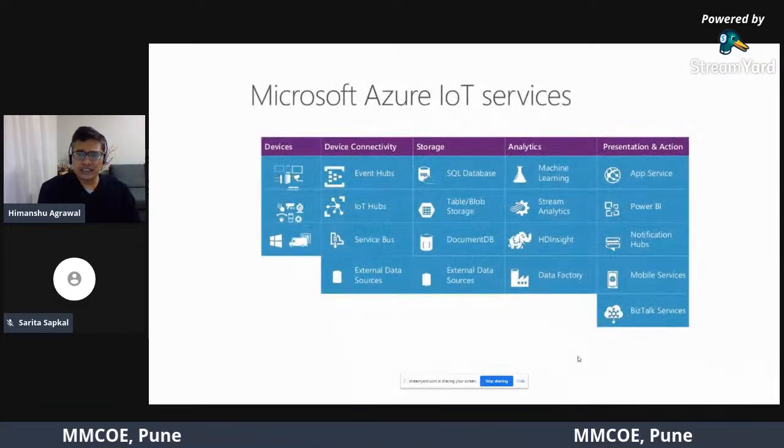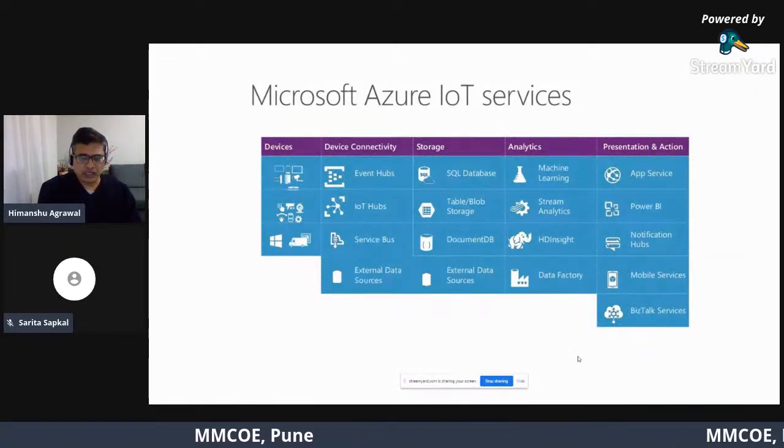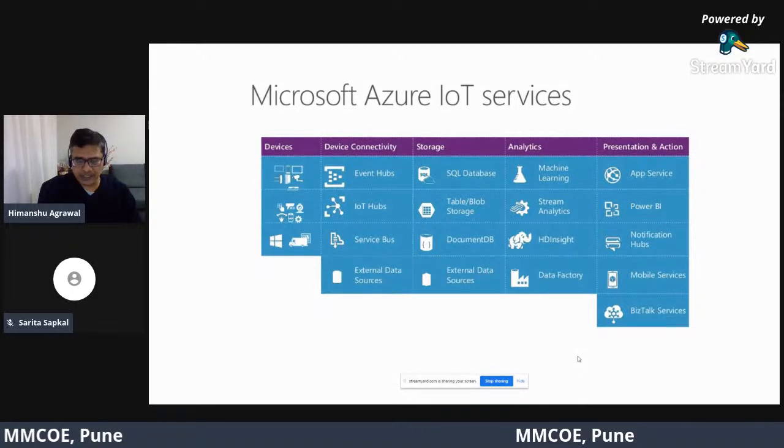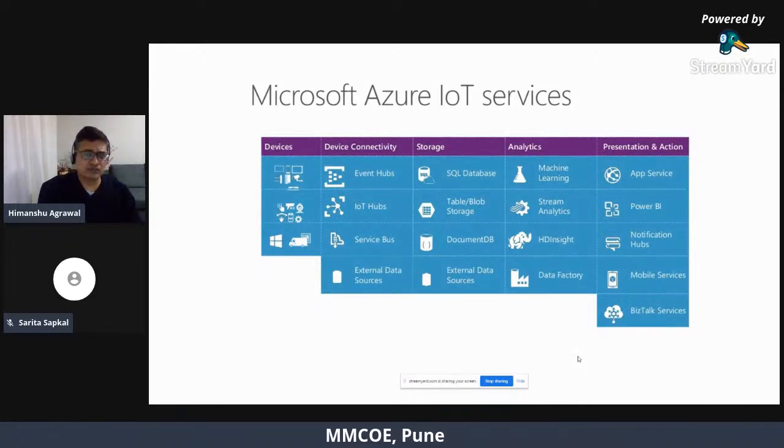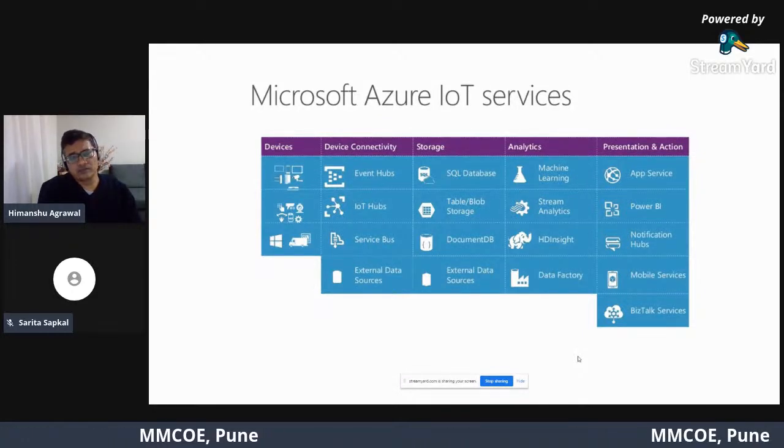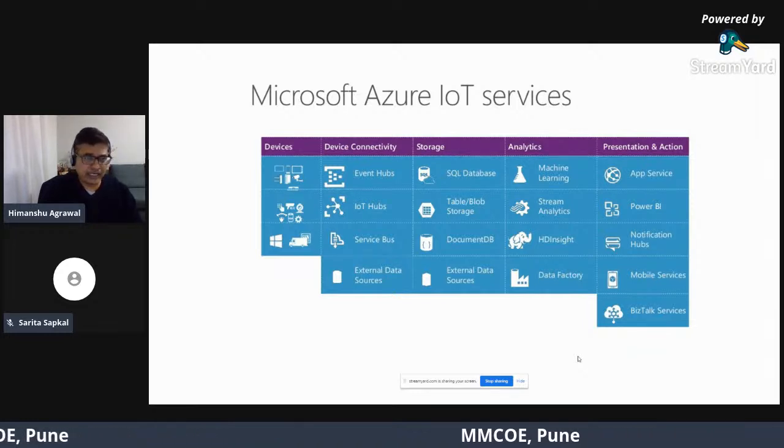Microsoft Azure is another emerging IoT platform, right? And Microsoft has done a wonderful job, of course, by connecting with academia.